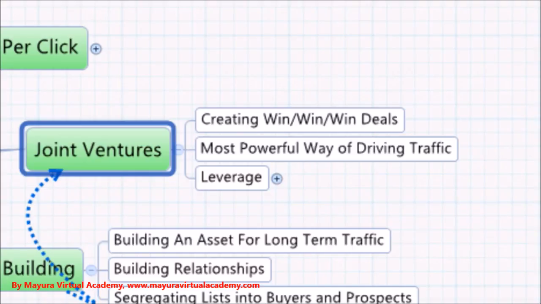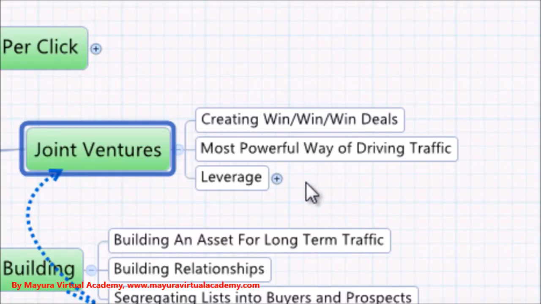The people who you're doing the joint venture with get some more people on their list, some more traffic. They get to build their asset, and you get to build your asset by doing the same thing, or by creating a product that has your name on it. Either way, you're creating value for people, and that's really the fundamental principle. As we looked at in the first video, that's the fundamental principle of internet marketing, to provide as much value as you can for your particular market. Joint ventures are by far the most powerful way of driving traffic, because it doesn't cost you anything. Once you've got that asset built, you can use that asset to create fantastic value for yourself, fantastic value for other internet marketers, and fantastic value for the people who are fortunate enough to be on your list as well.